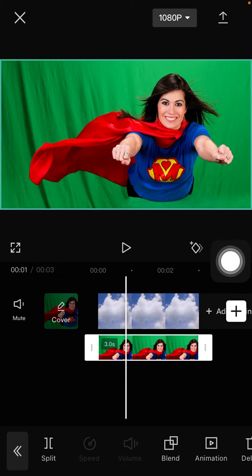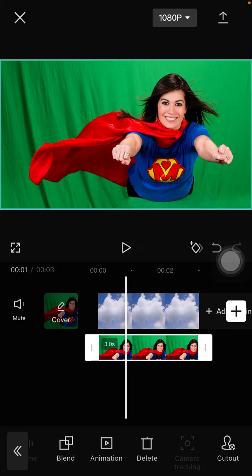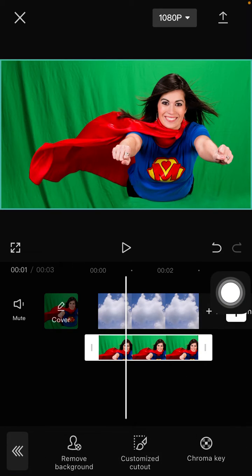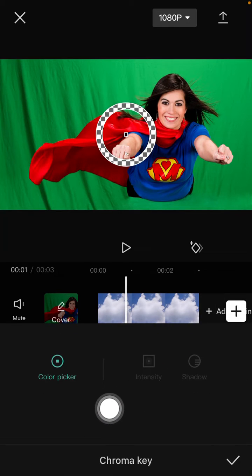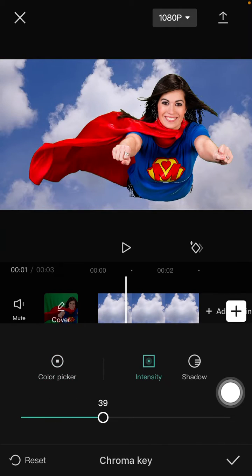Alright, so you can remove the green screen with cutout feature. Select cutout and select chroma key. Select color picker, which is select the green color and adjust for intensity and shadow. Alright, just click check mark